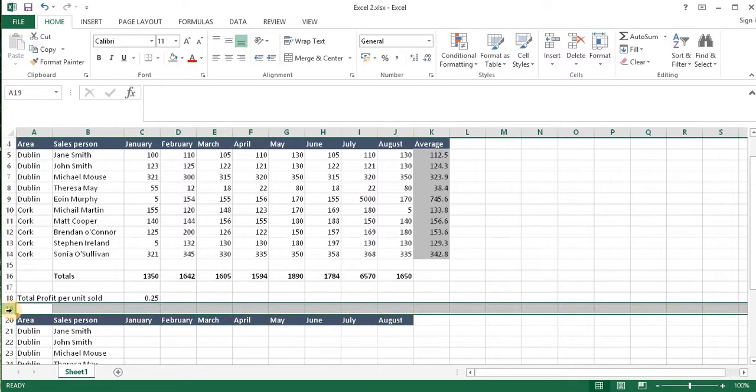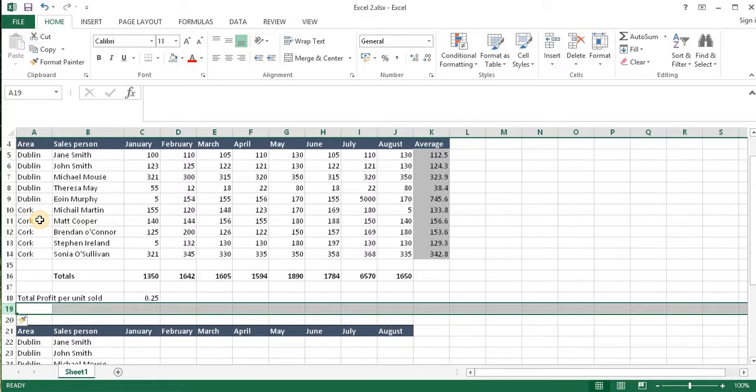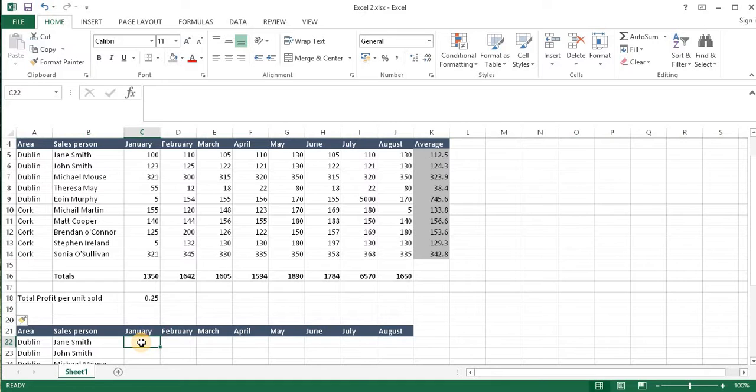Now we're going to enter some slightly more complex formulas. We're going to try and calculate the profit by multiplying the number of units sold by the total profit per unit, which is 25 cents. To do this, we type in equals into the cell, and that tells it this is a formula. We type in the first cell we want to use in our formula, C18 here, and we're going to multiply it